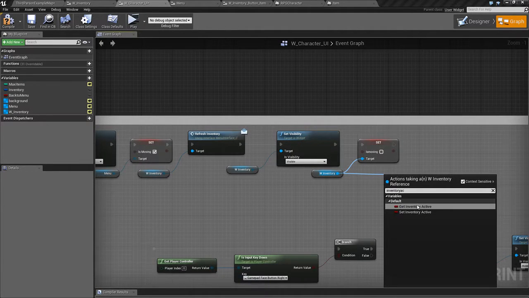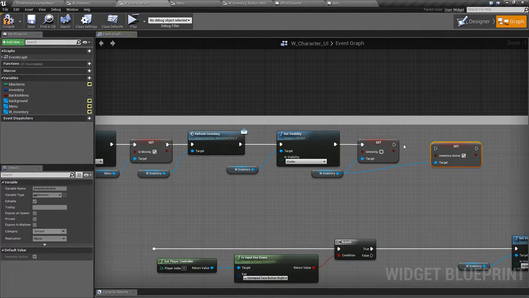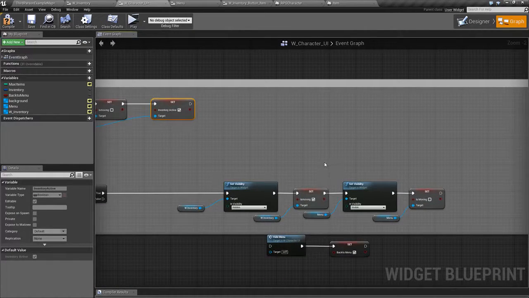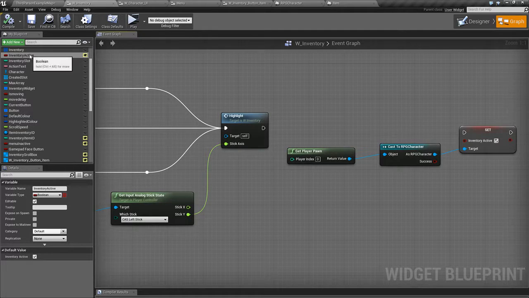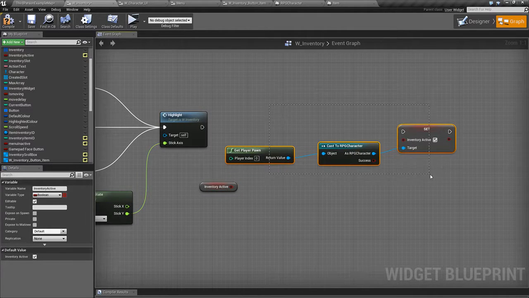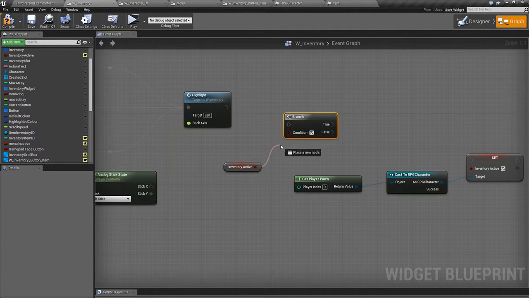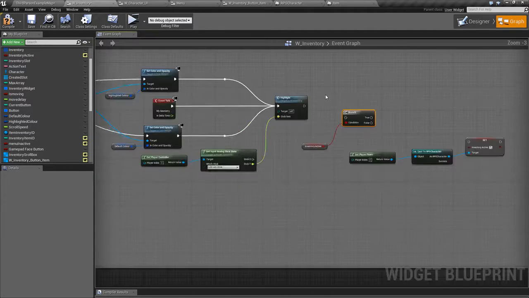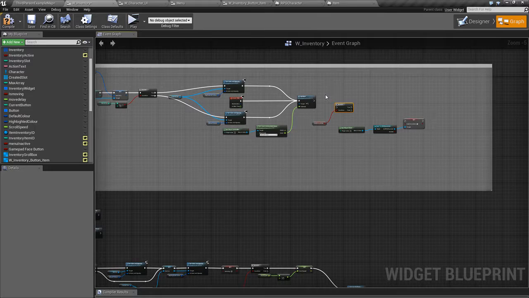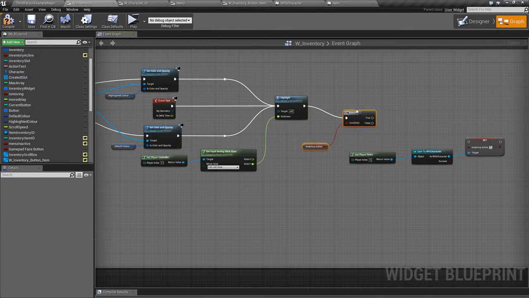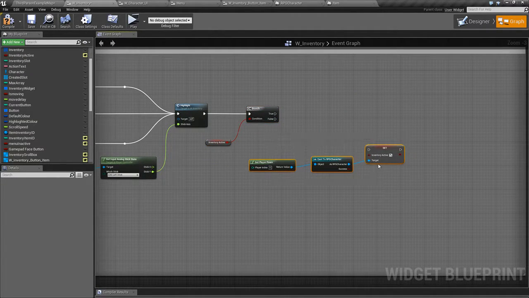Set inventory active to true. Then get it. Branch. If that's true,